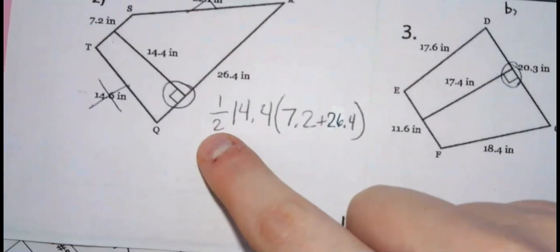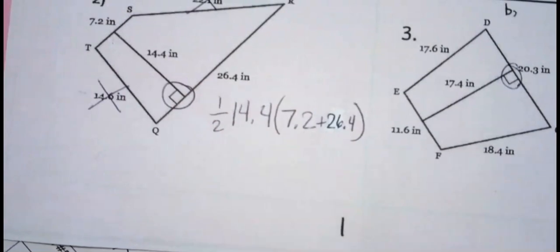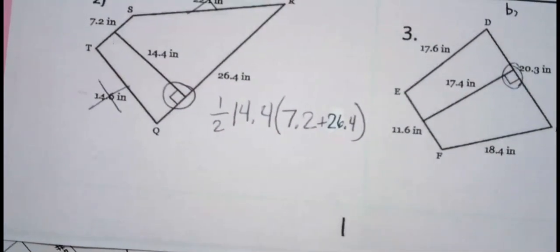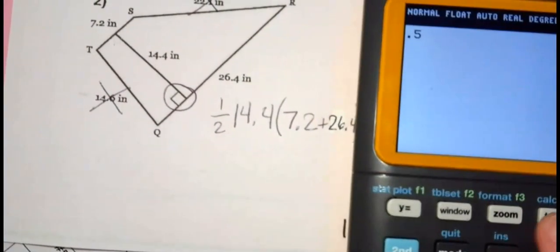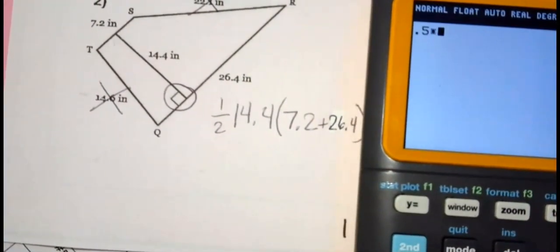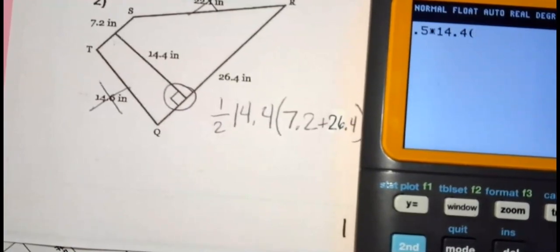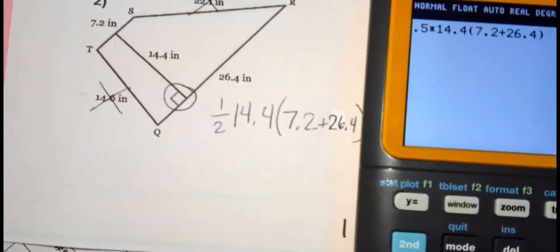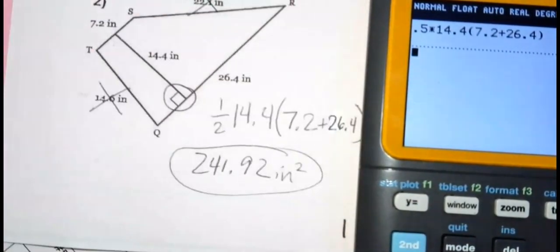Things that students have found helpful in the past. Sometimes people like to, instead of writing 1/2, what is that as a decimal? Yeah, a lot of people just like to write 0.5 instead, which I honestly think is easier as well. I like to do 0.5 times the height, and then put your parentheses, just like we have it written, 7.2 plus 26.4. Yeah, 241.92. Pay attention to if it wants you to round, but for this, I'm just going to put